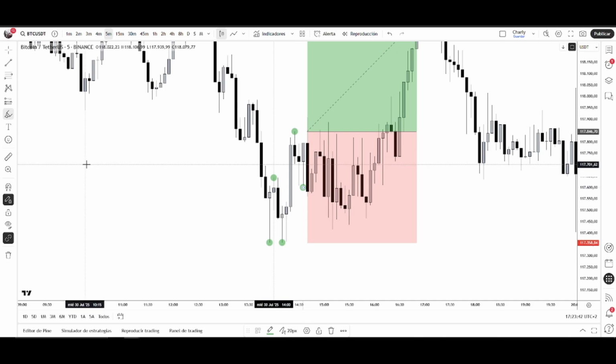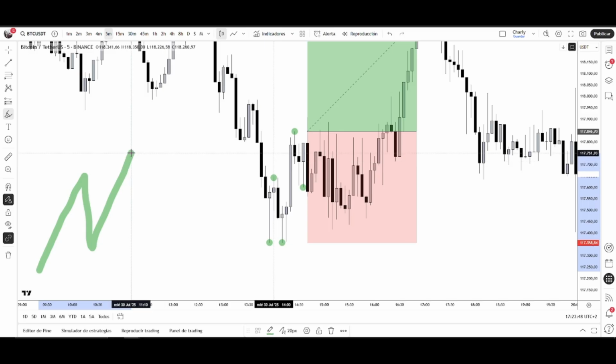How do we execute? How do we take the idea, Charlie? Well, very simple. On a rule of the third impulse, let's put the bullish example, because now we are on a bullish idea. We are here, second pullback is confirmed. As simple as this, guys. I mean, this is as simple as you can identify this type of traits wherever you are, literally. With experience, you can identify this type of traits in a matter of 1 or 2 minutes. Believe me, with practice and a lot of backtesting, you will be able to do so.